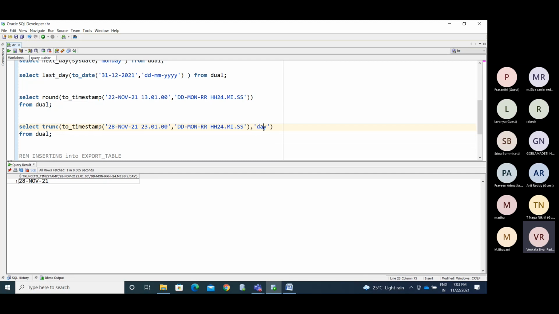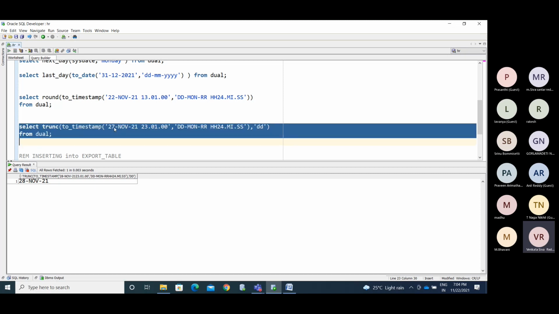Okay. So DD, or date, anything will display the same.